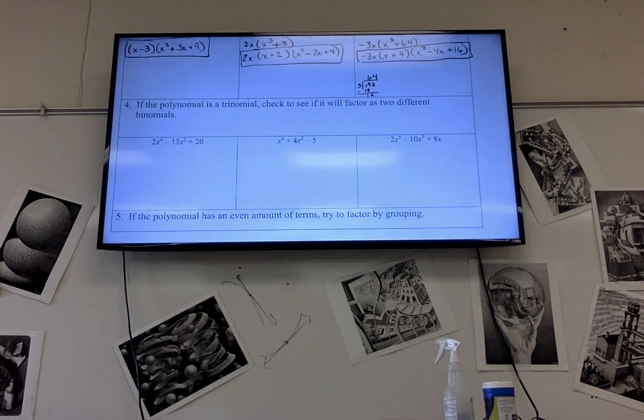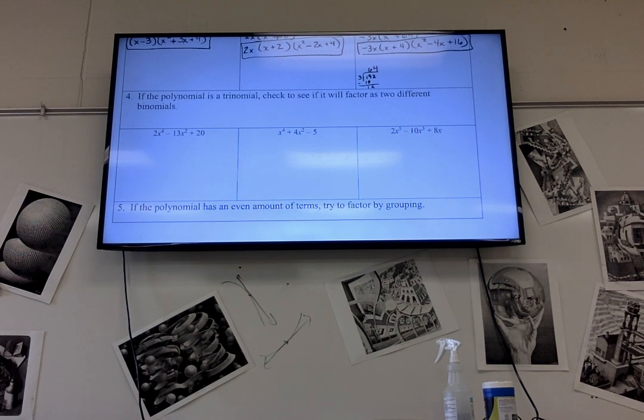If the polynomial is a trinomial, check to see if it will factor as two different binomials. That's the no fuss stuff. If you can factor out the number in front,